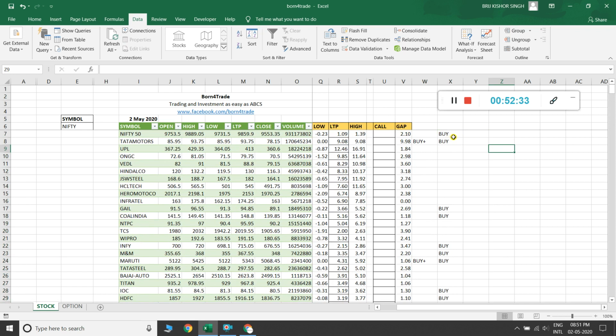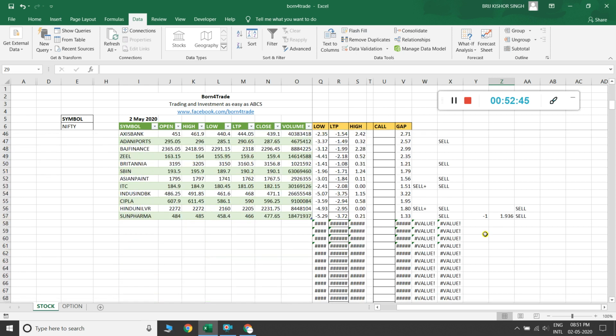Here a buy signal because it is less than 0.4, and the same here. Here a sell signal because it appears less than 0.4. 0.4 means the high is less than 0.4% of the stock compared to the open price.